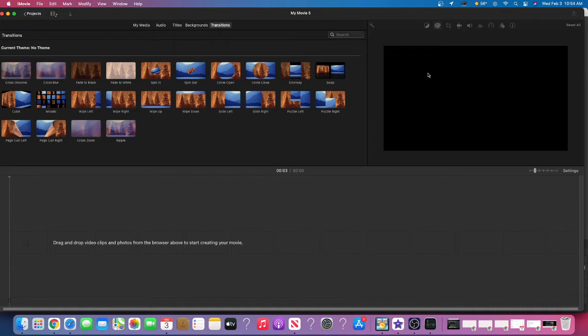So if we go over to the right-hand side, we can see our preview screen where we could see all of the options, as well as all of our editing tabs up at the top, which if you can see, it's a little bit grayed out. And if I click on it, it will not work. So it will stay grayed out unless the clip you are working on has that need. And also if you click on it, it won't give you the option. So if we go back to the media,